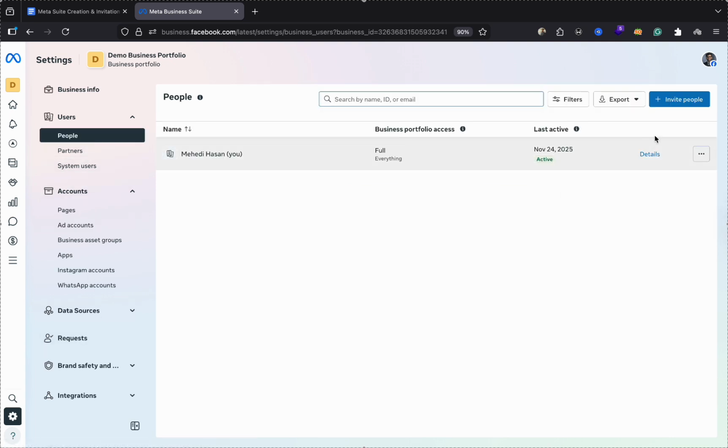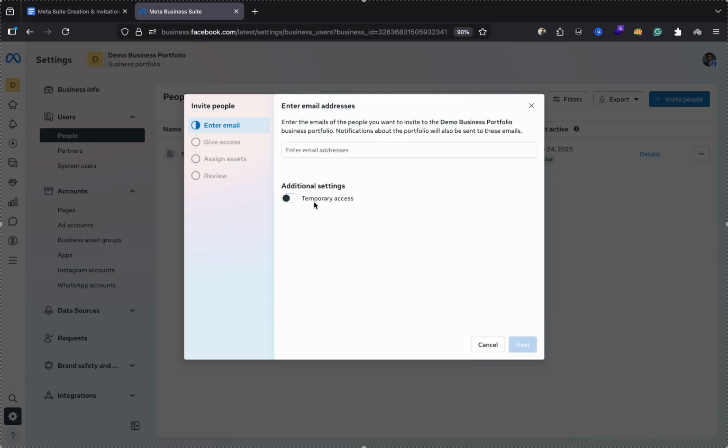and after everything has been done, you have to go to people, and here you have to click on invite, and you can put my email address or the email address that you want to share access with of your business portfolio, so that he or she can manage the ads and schedule social posts and everything. Okay,